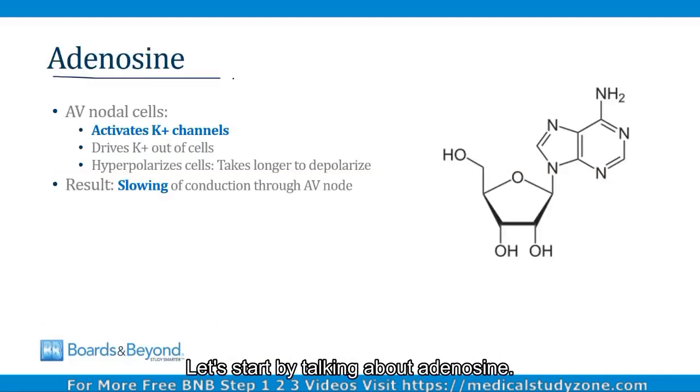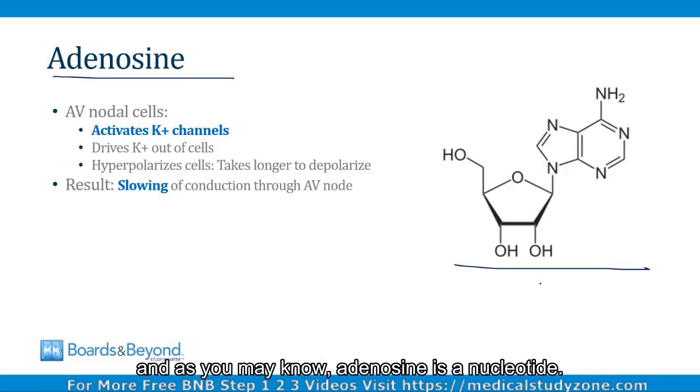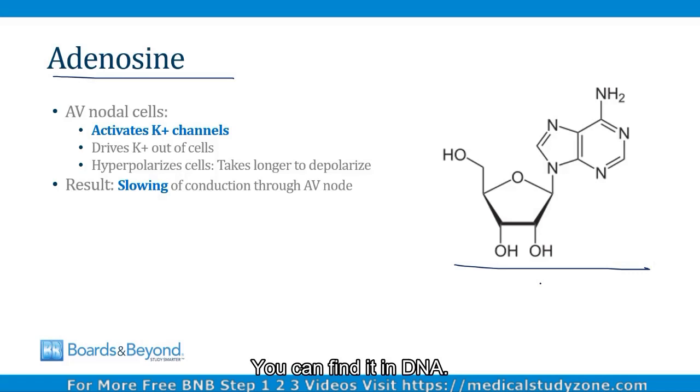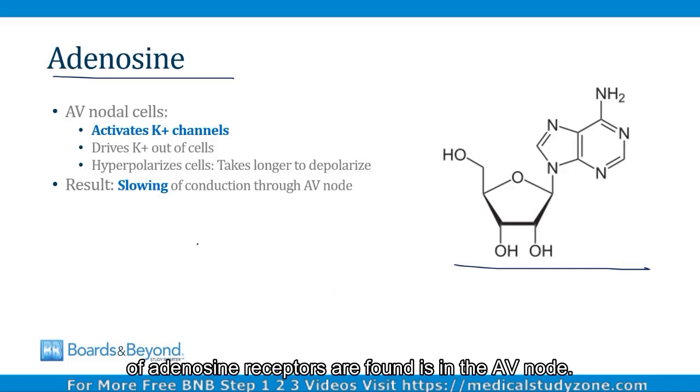Let's start by talking about adenosine. This is the structure of adenosine shown on the slide here. And as you may know, adenosine is a nucleotide. You can find it in DNA. But we also have adenosine receptors in our body, and one place where lots of adenosine receptors are found is